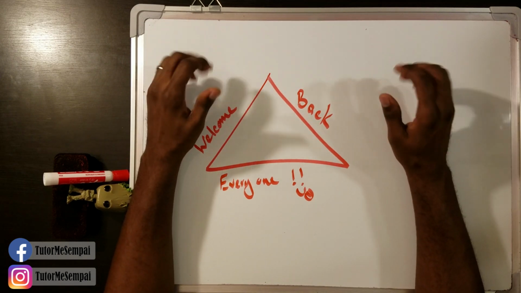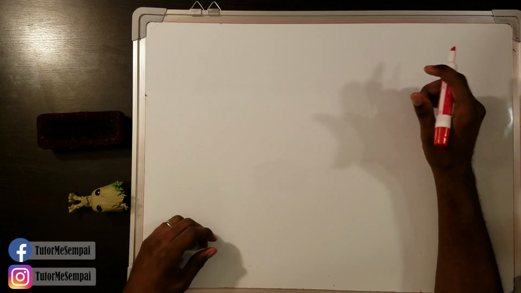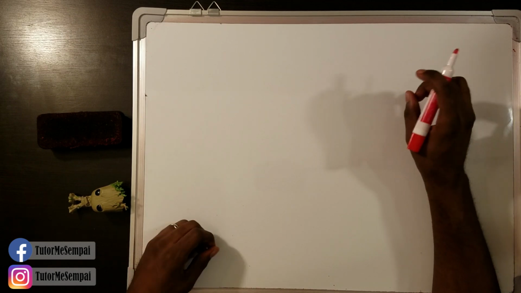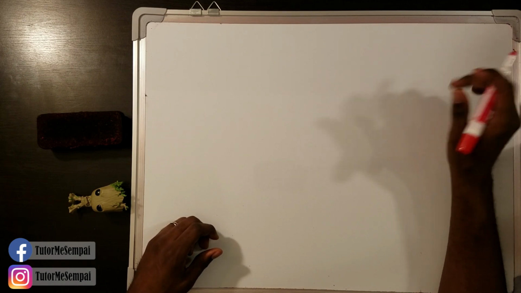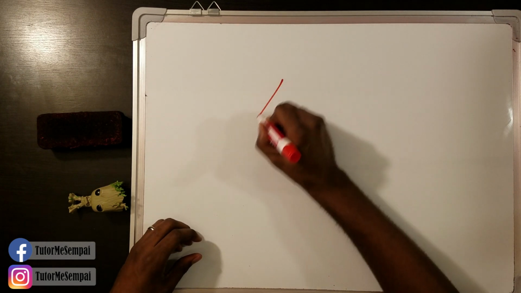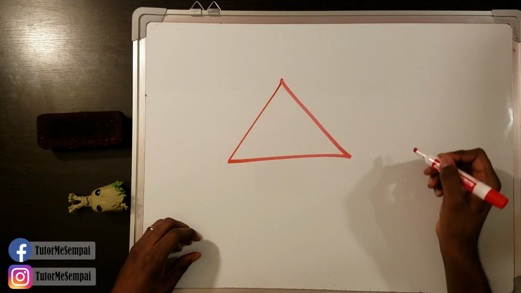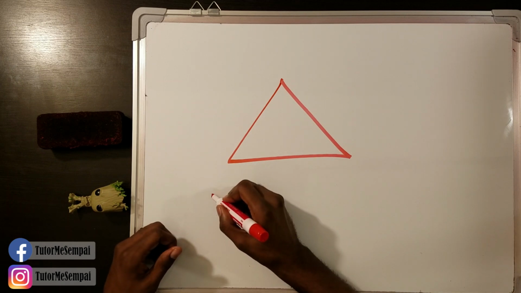Well, without further ado, let's talk a little bit more about identifying triangles. So today's video will give you 3 easy ways you can remember the differences between the 3 triangles. However, before we get to that, we got to talk about what are the 3 triangles. The first triangle we're going to be talking about is a triangle with 3 equal sides. And this is called an